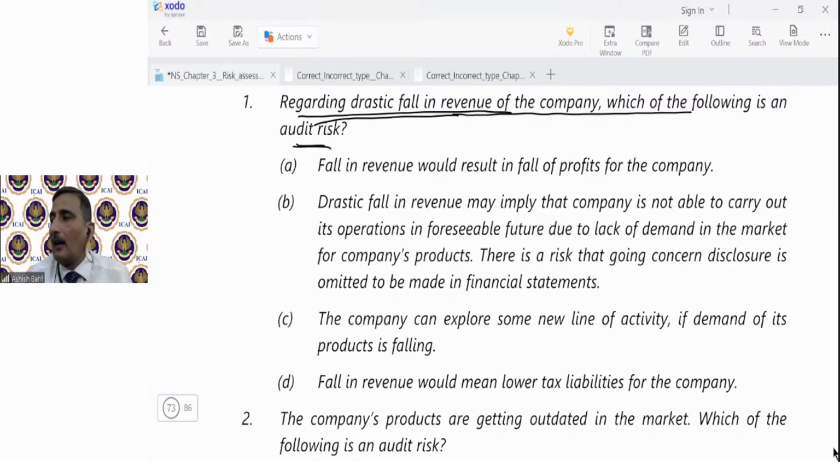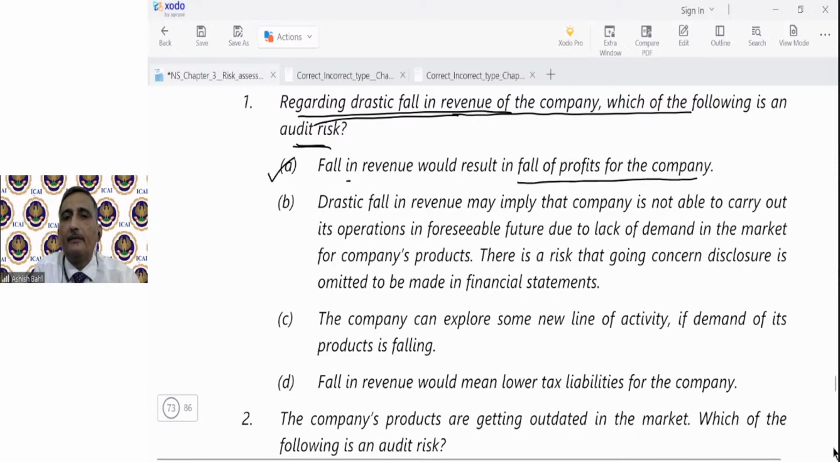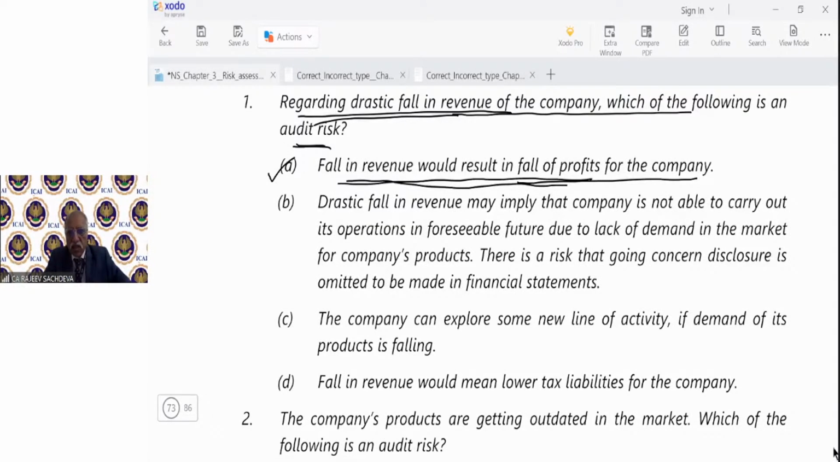So students, अब आपने इन चारों ऑप्शंस को पहले देखा, तो हम इसको B ऑप्शन कैसे है, we want to know, what is the audit risk? क्वेश्चन पूछ रहा है कंपनी की सेल 50 से 5 करोड़ हो गई, तो इस सर्कमस्टेंस में ऑडिट रिस्क क्या है? तो पहली ऑप्शन पे चलते हैं, fall in revenue would result in fall in profits for the company. सर, इसमें तो सबसे पहले ऑडिट रिस्क की अगर स्टूडेंट डेफिनेशन रिकॉल कर ले माइंड में,